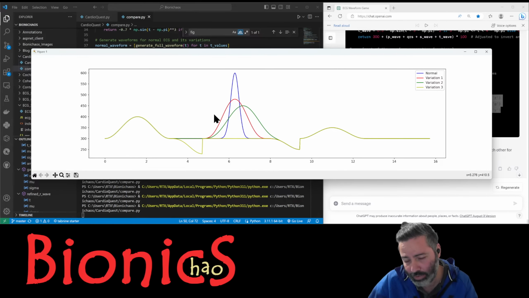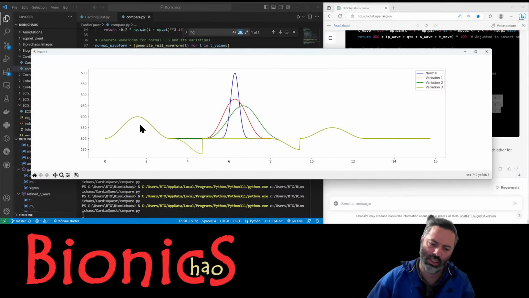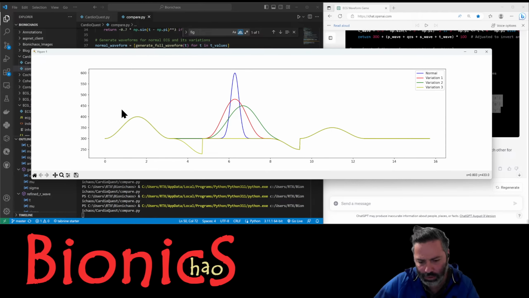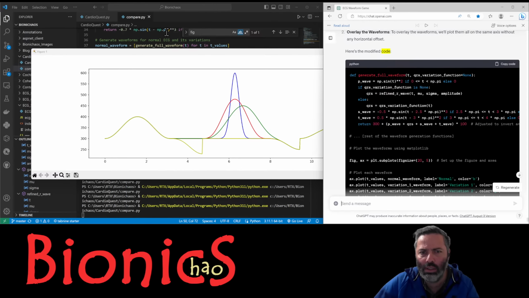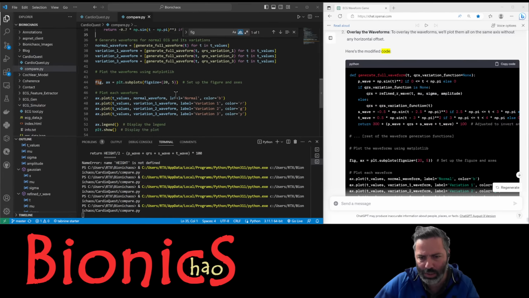But the other variations should be when you have, what is it, PQRST. So our variations would be where you don't have certain components. This code, yeah, it has all the